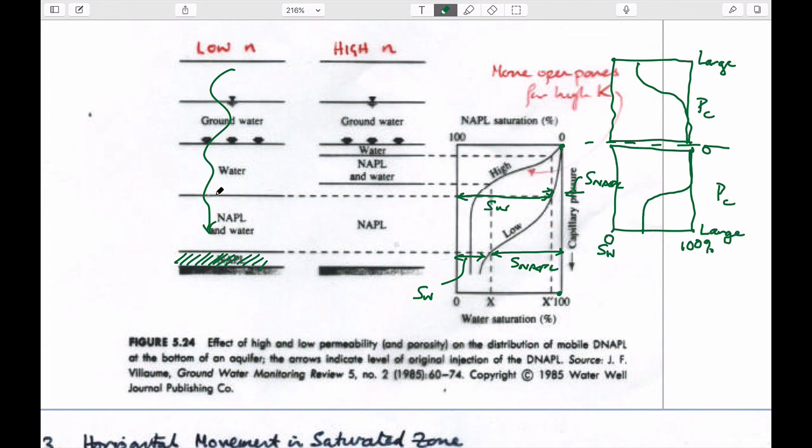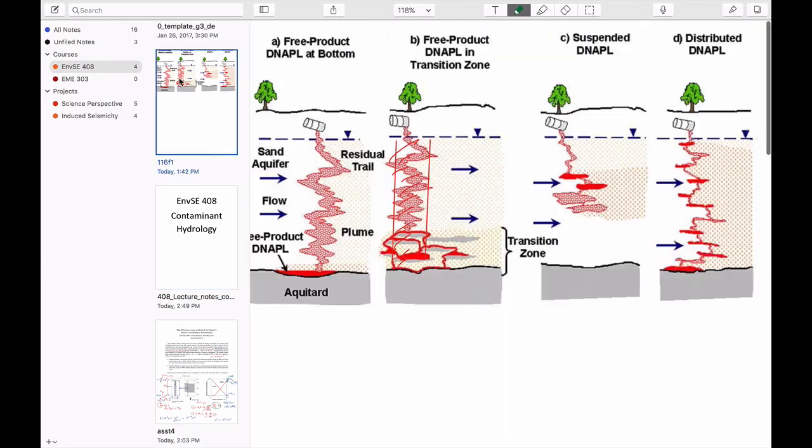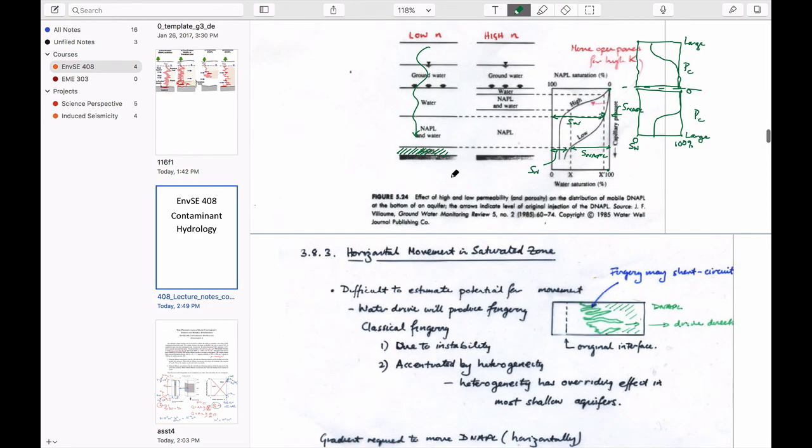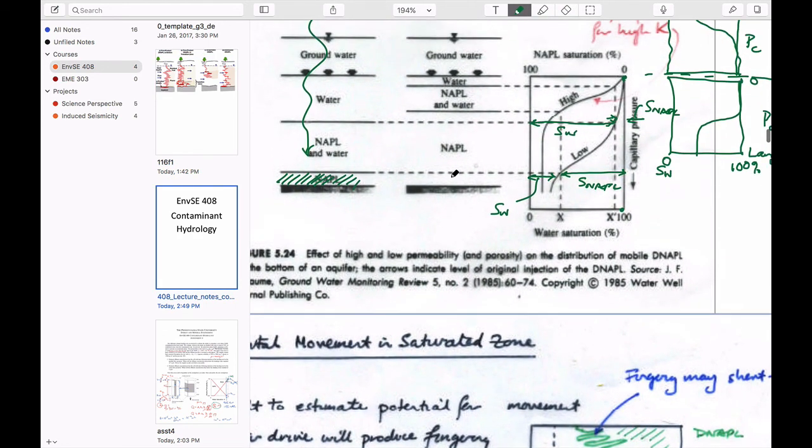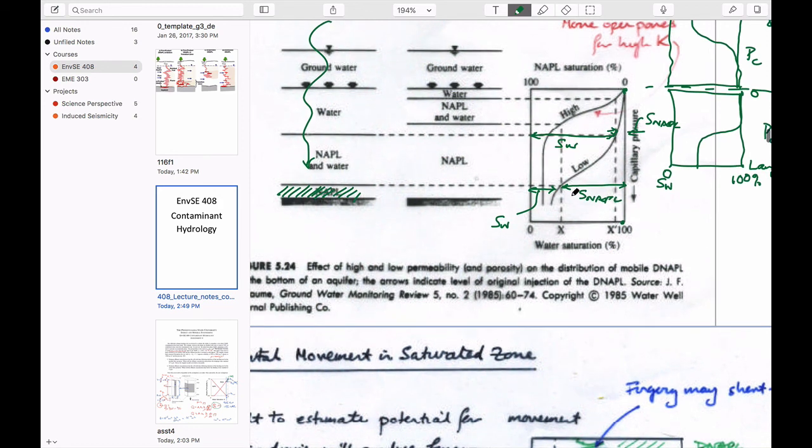And so I guess the only point I'm trying to make is that the architectures that we've talked about of these different systems is really a consequence of the physical behavior that we understand through these capillary pressure versus saturation curves. And so when we look at this behavior with a smeared chimney and a whole bunch of stuff sitting at the bottom in a puddle, that translates exactly to this distribution of saturations as you go down through the subsurface. So just trying to rationalize that. Right. Okay,